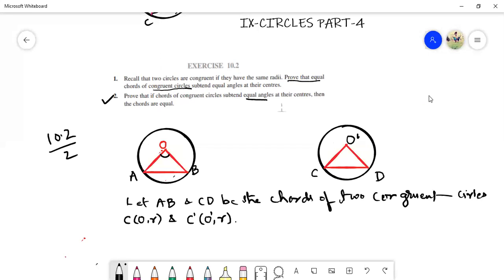That means this angle is equal to this angle. Angle 1 is equal to angle 2. Then the chords are equal. We have to prove that the chords are equal. So given that angle 1 is equal to angle 2, and to prove that chords are equal, to prove that AB is equal to CD, the chords are equal. This we have to show. So